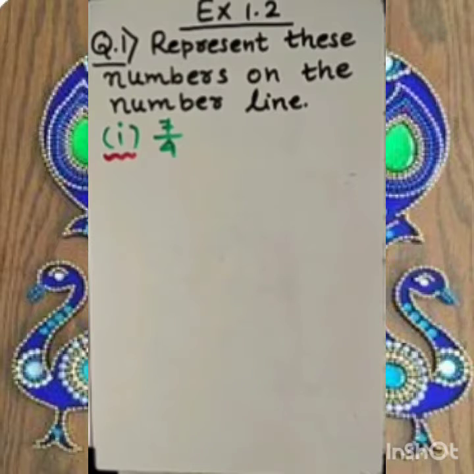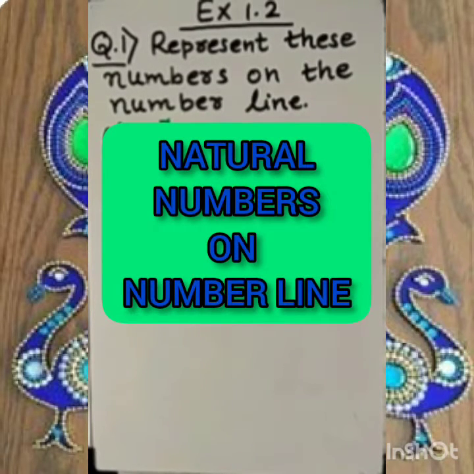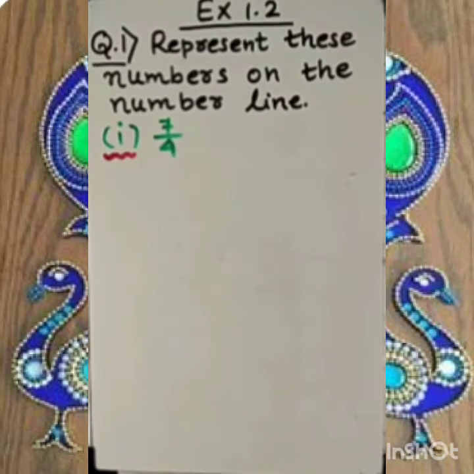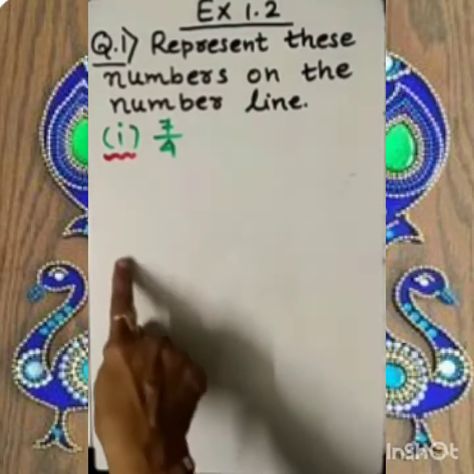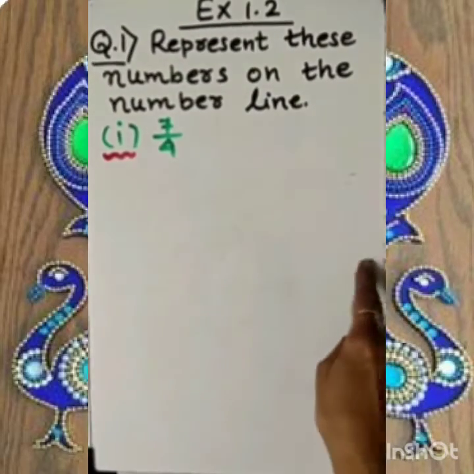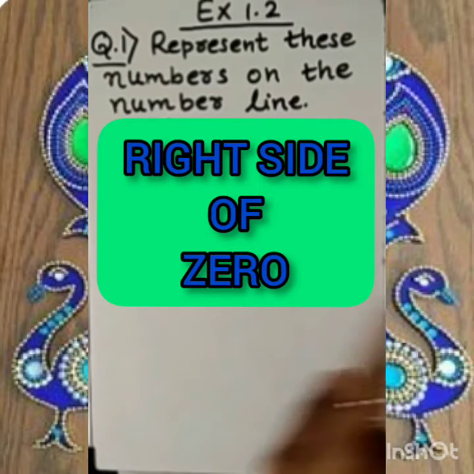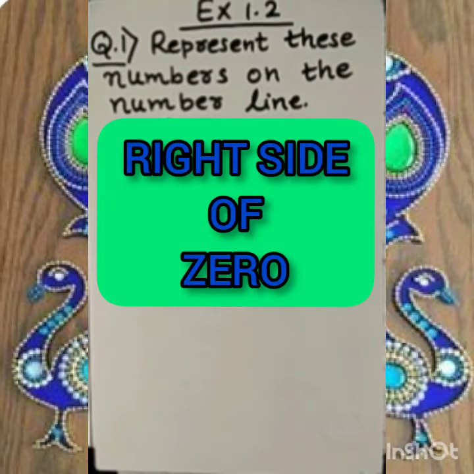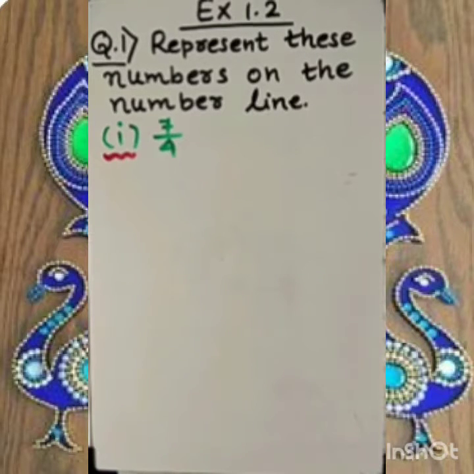So, my dear student, before we proceed to exercise 1.2, let me recall something. Maybe in your class 5th or 6th, you have studied how to locate natural numbers on a number line. That is 1, 2, 3, 4, 5 on a number line. That is quite an easy phenomenon. Straight line, then 1, 2, 3, 4, 5. When we proceed to the right side of the number line all the way, we will have all the natural numbers, right? And it is quite easy to locate.